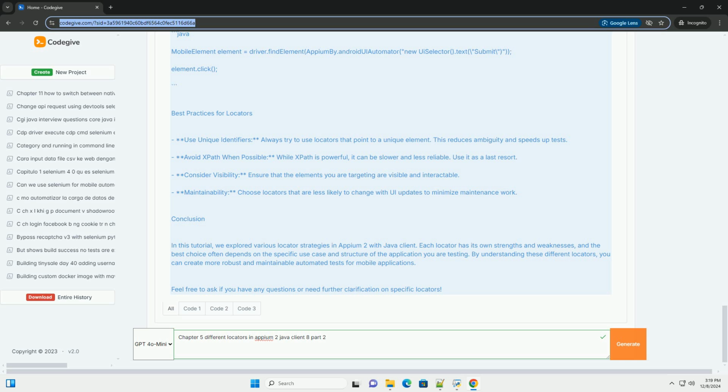### 6. Name. The name locator is often used for elements that have a name attribute set. This is more common in web applications. Code example, Java: MobileElement element = driver.findElement(AppiumBy.name("submit_button")); element.click();